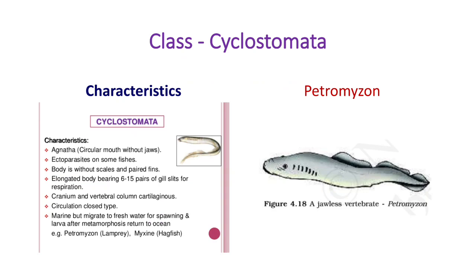This slide is all about the class Cyclostomata. All living members of this class, Cyclostomata, are ectoparasites on other fishes. They have an elongated body bearing 6 to 15 pairs of gill slits for respiration. Cyclostomes have a sucking and circular mouth without jaws. Their body is devoid of scales and paired fins. Cranium and vertebral column are